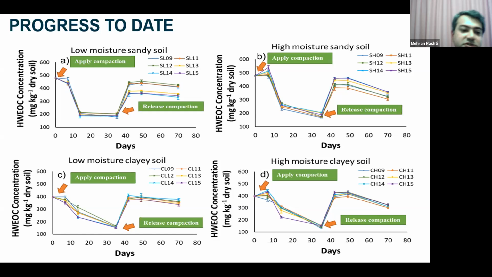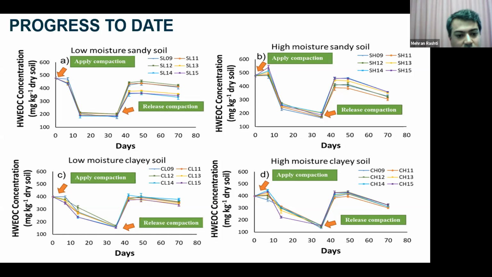So this process is really simple. We incubate the sample with hot water for 16 hours and it will release the organic carbon in the system. So we measure it after 16 hours. If you look at the right side, the two graphs related to low moisture sandy soil and low moisture clay soil, which is related to drought condition,